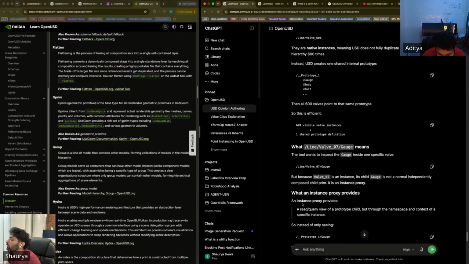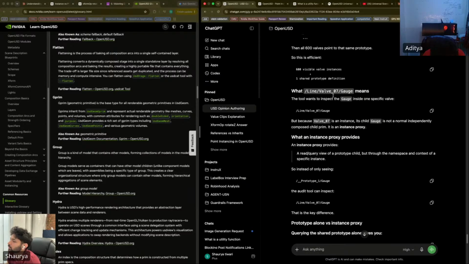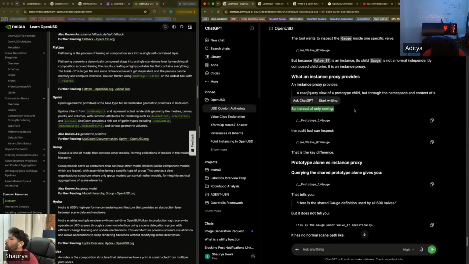An instance proxy provides a read/query view of a prototype child, but through the namespace and the context of a specific instance. So instead of only seeing the prototype's gauge, the audit tool can inspect line valve 07 gauge.